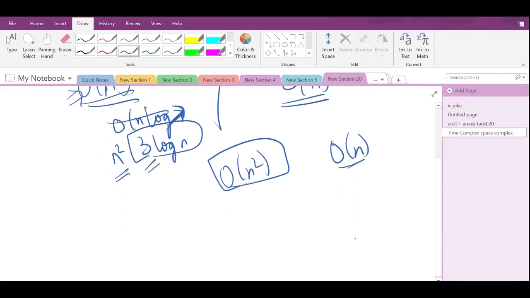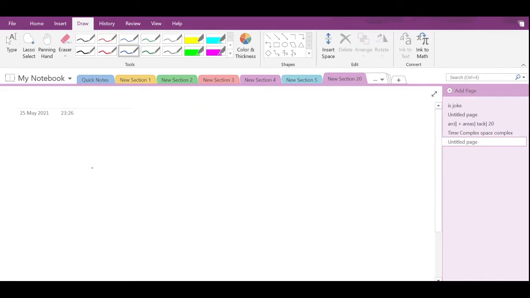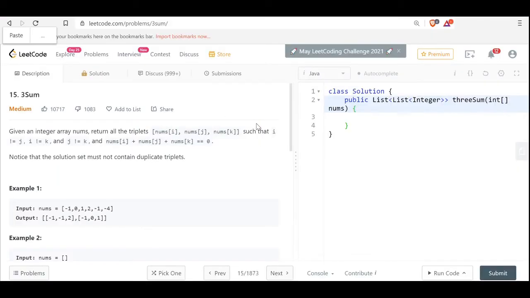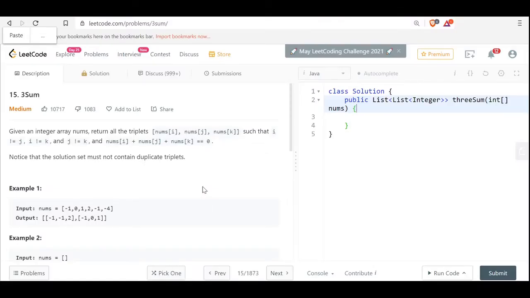So let's try to find a better way, a good approach. Suppose we sort the array first.